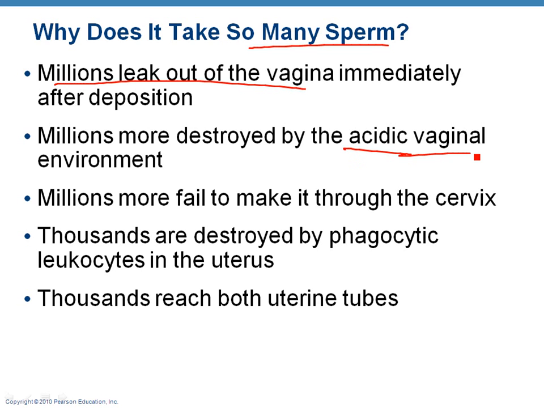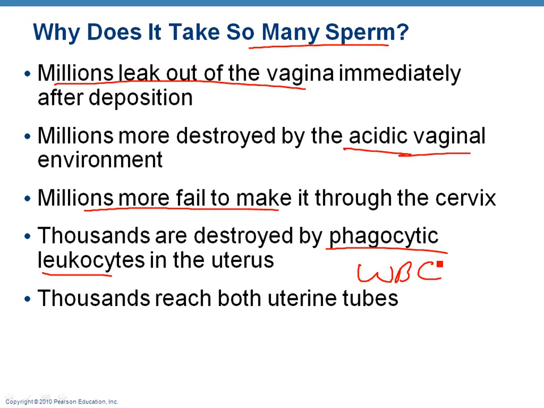That cervical plug, depending on what time of the month it is, there may be such thick cervical mucus that they can't even make it through the cervix, or maybe they got lost. They went into the fornix instead of up into the cervix. Inside the uterus, you have some phagocytic leukocytes. Phagocytic leukocytes. What does that sound like? Yeah, basically white blood cells that eat stuff, so part of your immune system, basically. So they're going to get rid of foreign bodies, and they consider the sperm a foreign body.